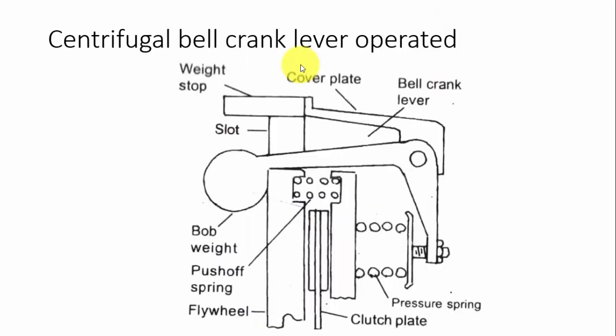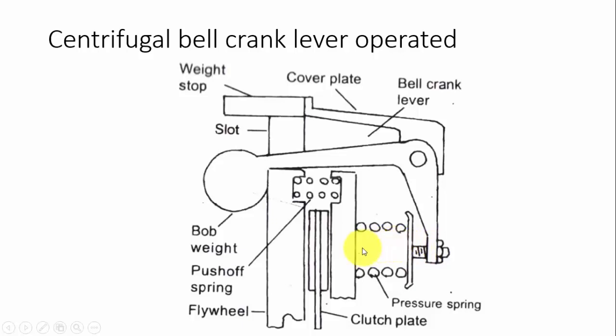And then this is another type of centrifugal clutch. This is also an automatic type of clutch. Here we can see, instead of the ball, a bob weight. This bob weight will be moved outwards whenever the system is rotating at high speeds. When it is rotating at high speeds, this bob weight will move outwards because of centrifugal force and this lever will press towards the left hand side.